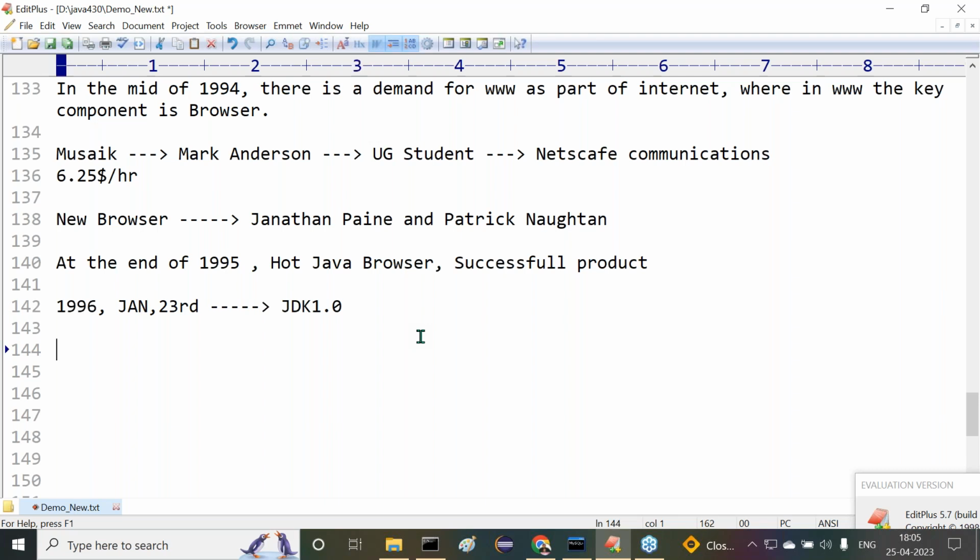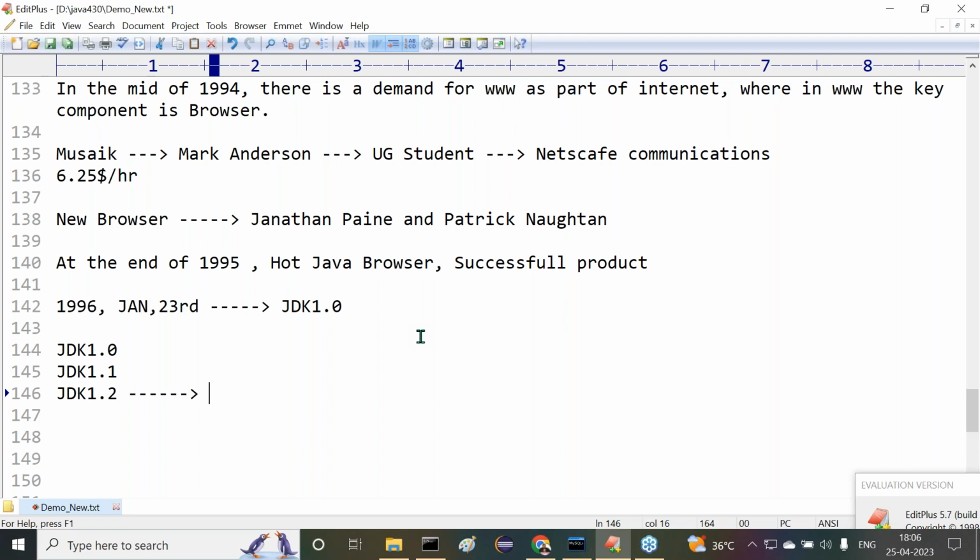In the journey of Java, JDK 1.0 is the first version, language introduction is going on, but little bit awareness only. Next one is JDK 1.1 with some updations. Next one is JDK 1.2 version. This is a huge version. More and more enhancements are provided in this particular version.